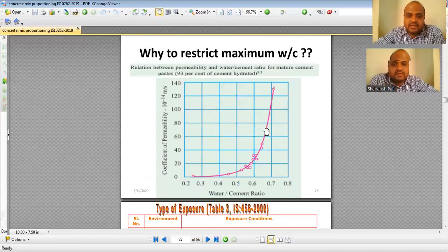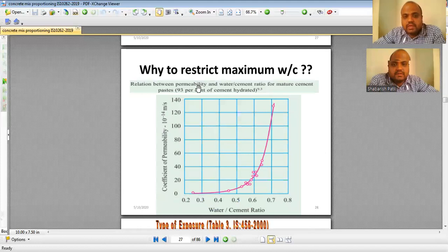So there's a typical chart which shows you why they have restricted the maximum water cement ratio. Okay, in table number 5, there's a limit on the maximum water cement ratio. Now, this is a graph of water cement ratio versus coefficient of permeability. Permeability is the allowing of passage of water into any material. Okay, now I'm talking of permeability of the concrete. If you look at this, at a water cement ratio of 0.5, till 0.5, your permeability is very less.